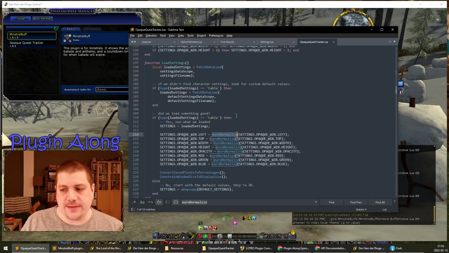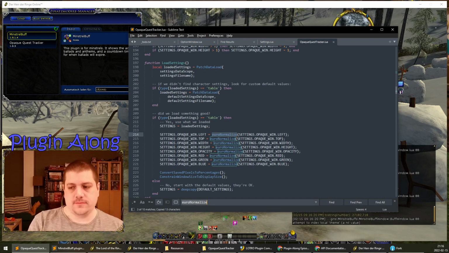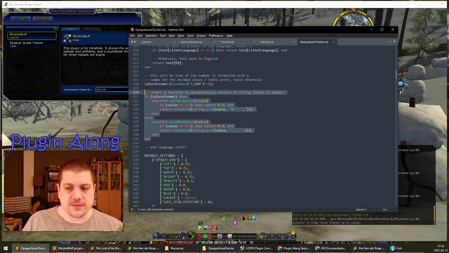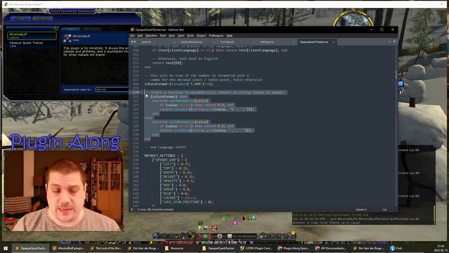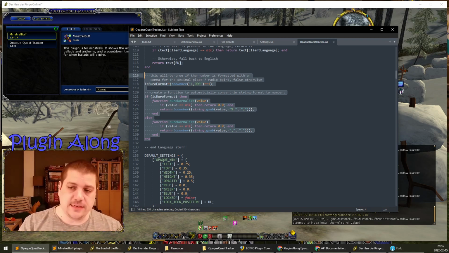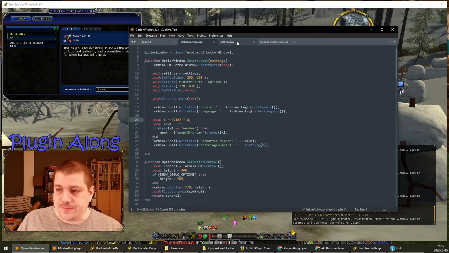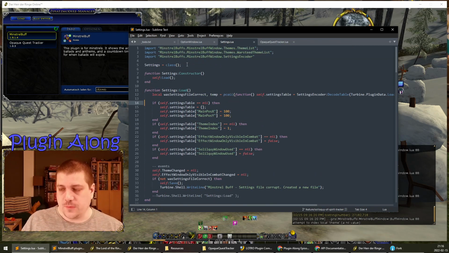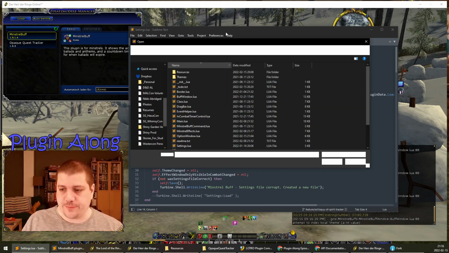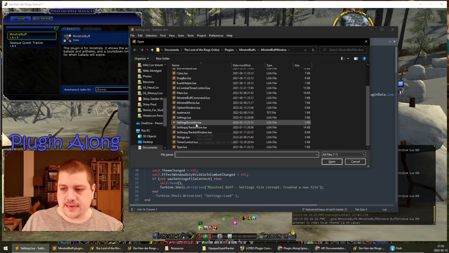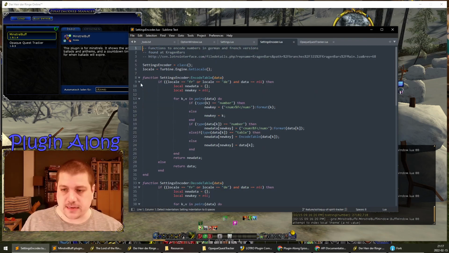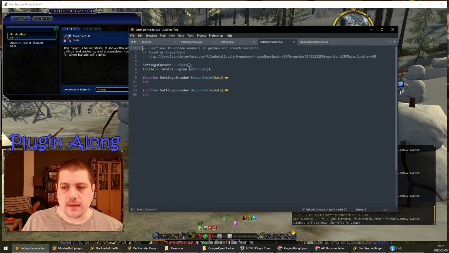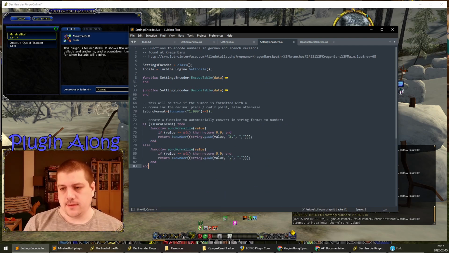So what do we need? We need a Euro normalize function. And this is just bog standard. You can copy it from the LOTRO forums on the plugin development for noobs thread or from another plugin. It's pretty much identical everywhere. And we need the Euro format. Now, we could do this in settings. We could also just do it as a replacement for the settings encoder. I mean, that sounds like a thing to do. So,